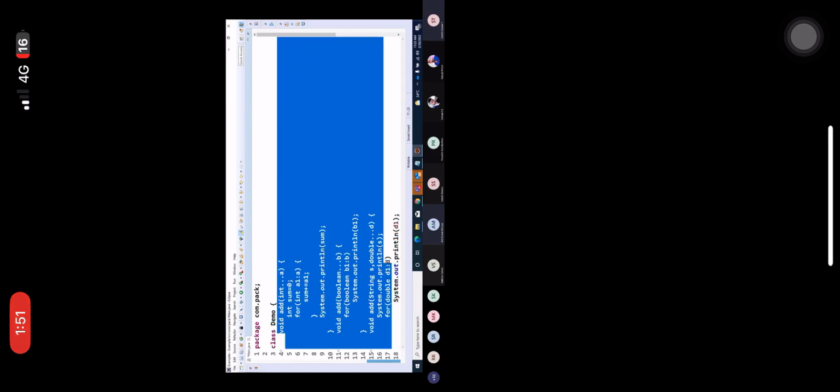Okay, consider I'm going to create a class called Demo. This Demo is called the base class. Inside this base class, I'm going to define static int a = 4, and next static int b. These two variables are class variables, and they are declared as static. Now I'm going to define one method called